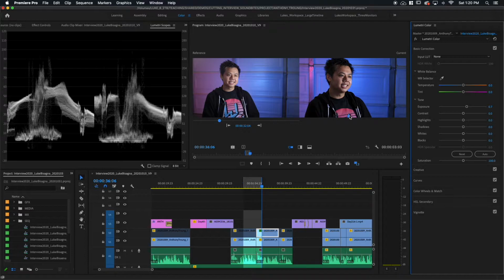Now the next thing I want to do is raise up the dark parts of the image. You can see that the jacket here is much deeper black than it is here. And we're actually losing some of the detail in it. And if you look here on the scopes, you can see that the darker parts of the image are raised just a little bit off the 0 line here, whereas the right image, they're kind of smashed down onto it. So I'm going to raise the blacks here just a little bit. That's a little too much. I think I'm going to go for, let's type in 2 here. That looks better. And we've got a little more detail in the shirt and the jacket here. A little closer match to what's going on the left.